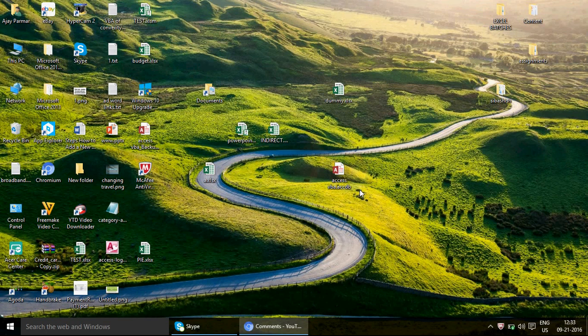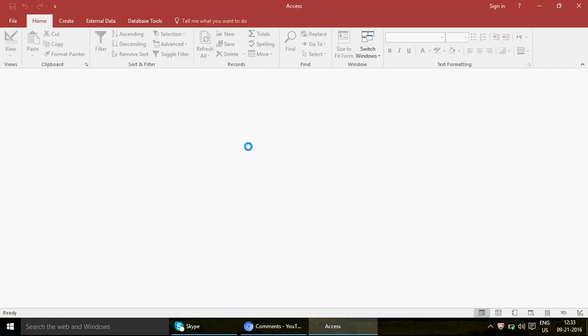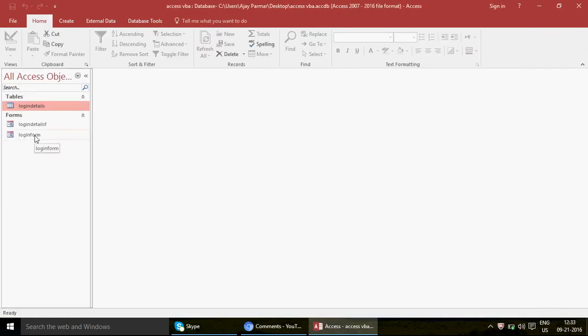Credentials not valid, and there we go. The Access database is going to exit. You will not have a chance to watch the forms, right? Okay, now the next thing which is very important, because you might be asking me